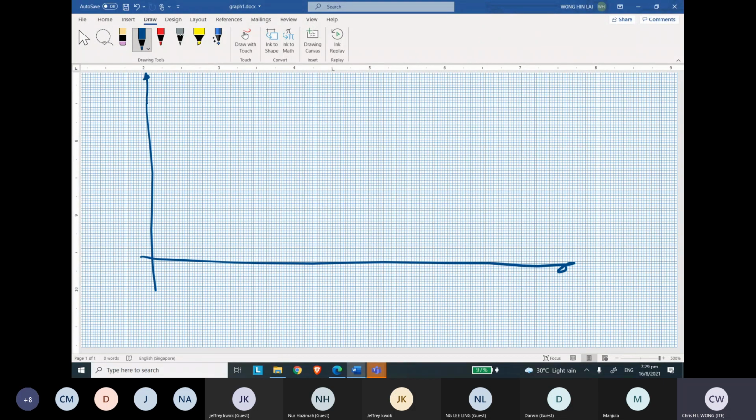I don't remember you need to use the graph paper. Yeah, there's a bar chart, but because it was my first time sitting down, I really don't know how to do it, so I just left it blank. Okay, so in the end, when you draw a graph like that, I told you